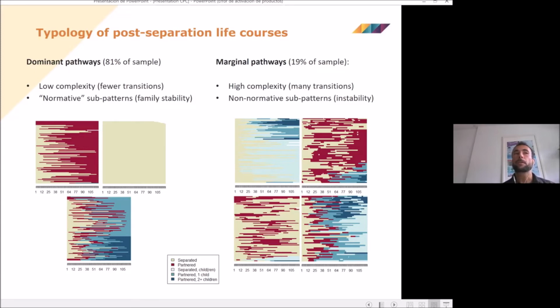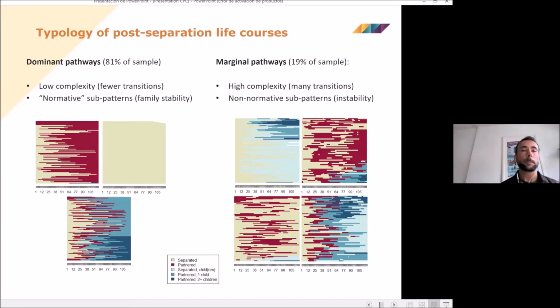So one of the first conclusions that we can extract is that the fact that the dominant patterns are more stable or less complex suggests that the experience of union dissolution does not equate with highly unstable family lives, at least after the dissolution of the first union. So, as I said, this is one of the main overall conclusions, but now I'll give you some more details on each of these specific patterns, but I'm going to go rather quick because I prefer to use the time that I have to present the findings of the second section on